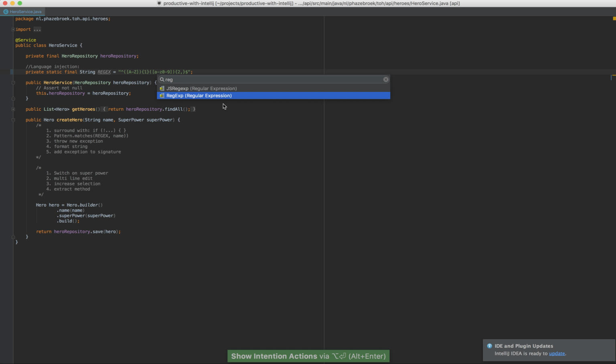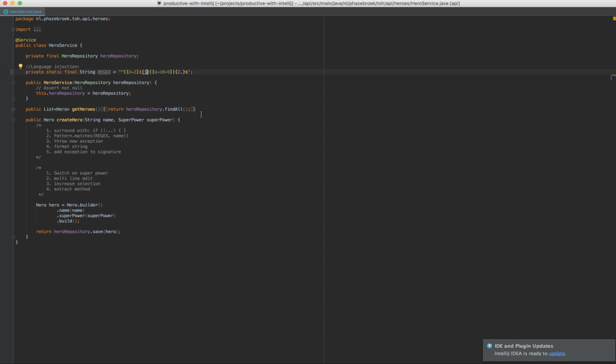So let's go for the regex. Here we go. And we see we automatically get color highlighting. And now it also recognizes some issues with the regular expressions that I can simplify, for example. Alright,